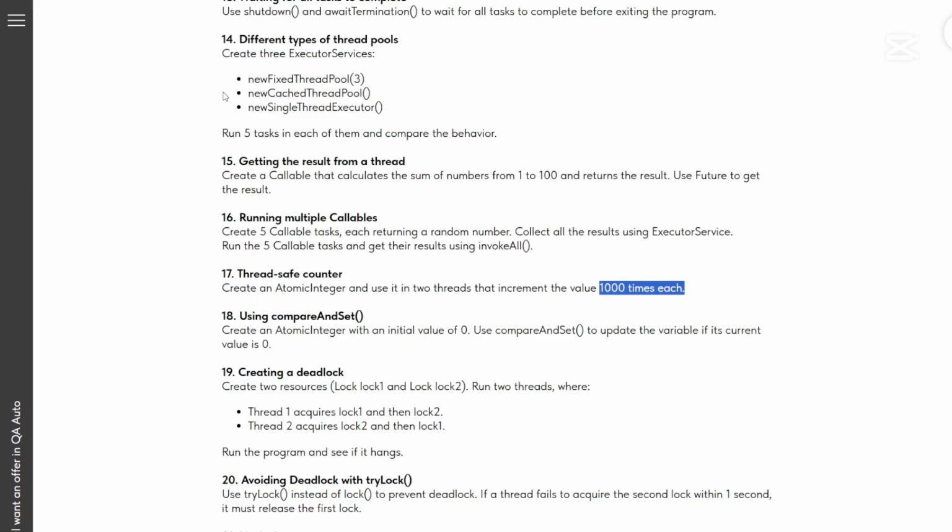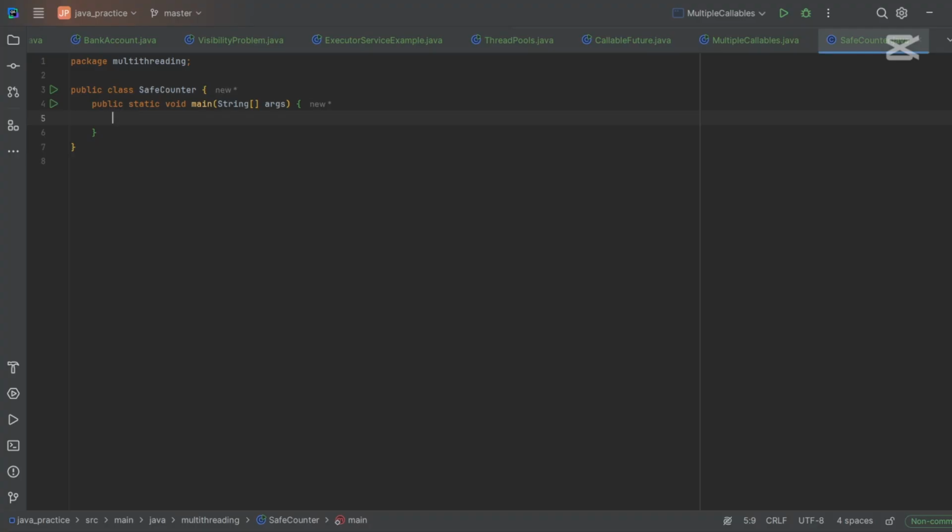For the SafeCounter, we will use AtomicInteger. AtomicInteger is a thread safe operator that allows us to